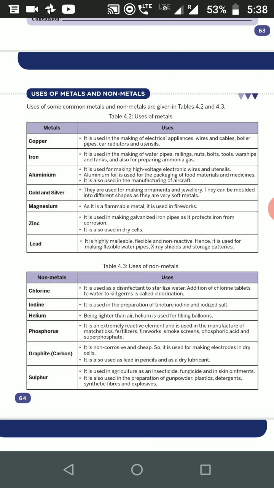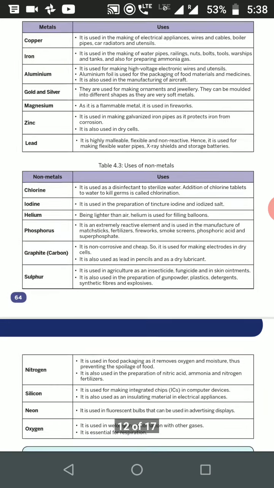It is also used in the dry cell. Lead is highly malleable, flexible and non-reactive. Hence, it is used for making flexible water pipes, X-ray shields and storage battery. Okay, next,